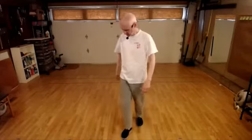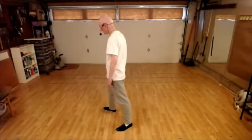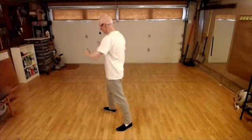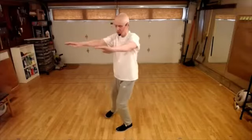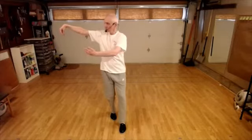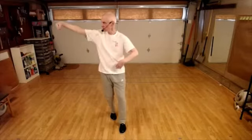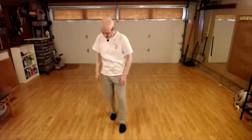The next thing I noticed that some of us are doing is, let me just emphasize how we do the second part of this movement. So we come to here. Now in single whip, we would do this. We would have a hook. This one, we don't have a hook. Here, which is a strike. Here we've got a push. And so the way we get to the push